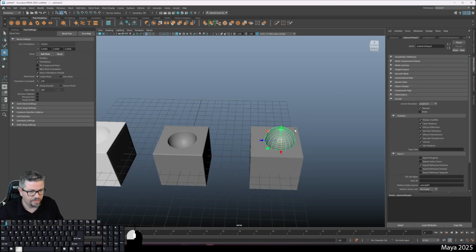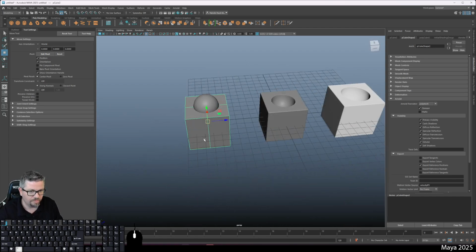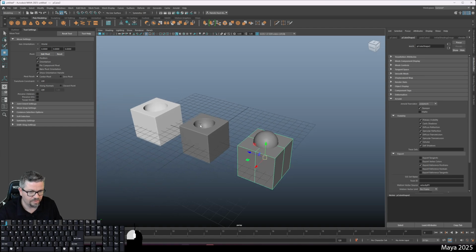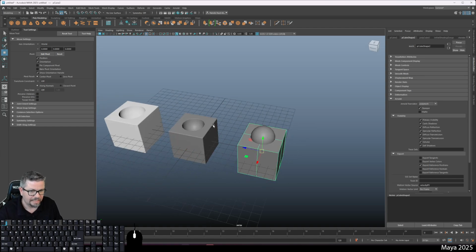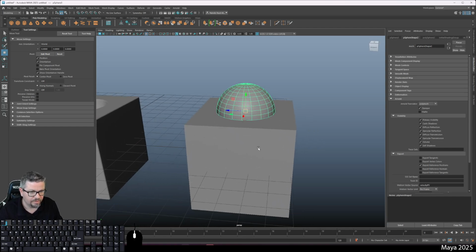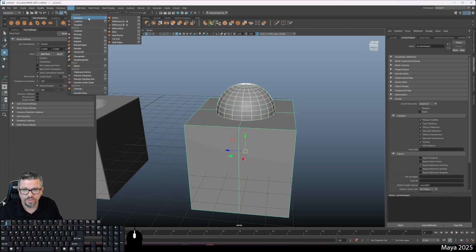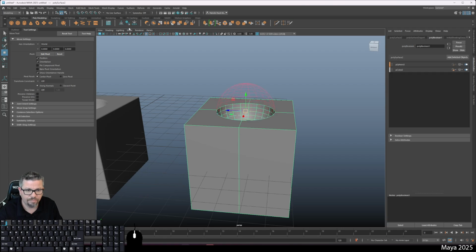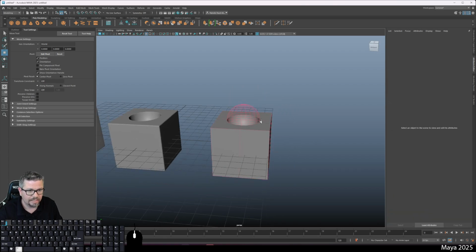Our cube was a little bit different before. So I basically just told Maya, I want to have the same starting geometry as I did with this one. And now I would like this one to do that Boolean cut again under mesh, Booleans, and Boolean B minus A, that'll work. Now,